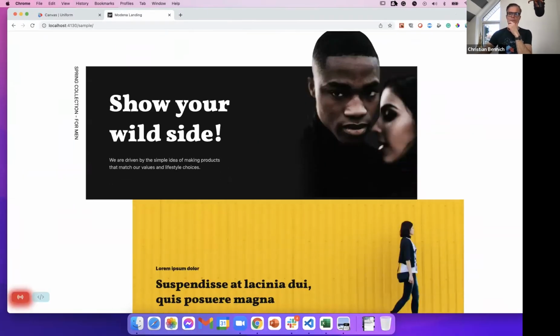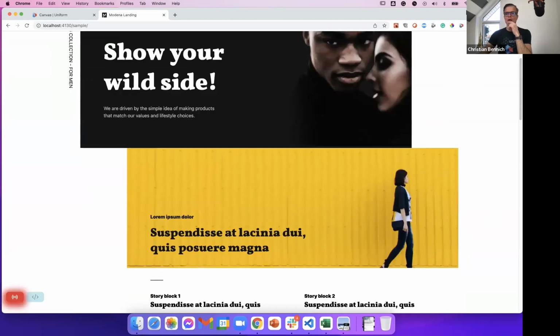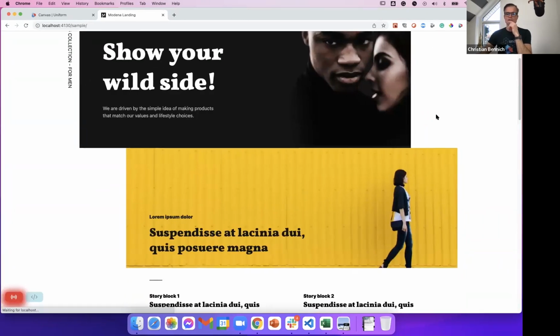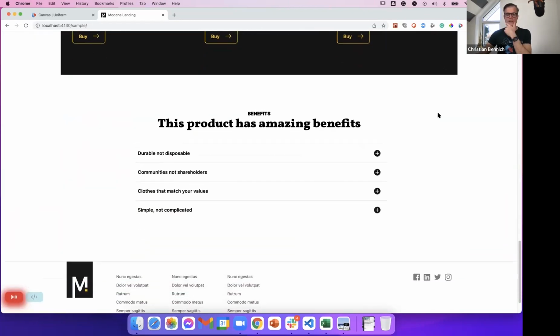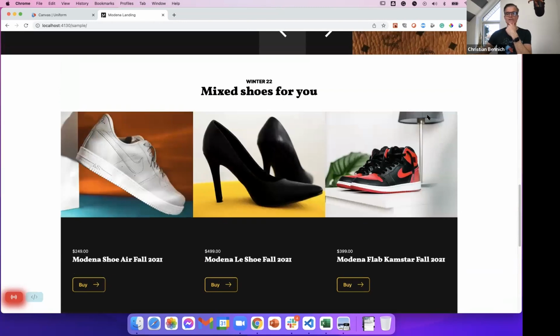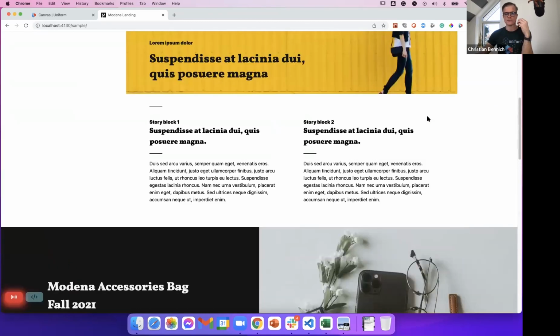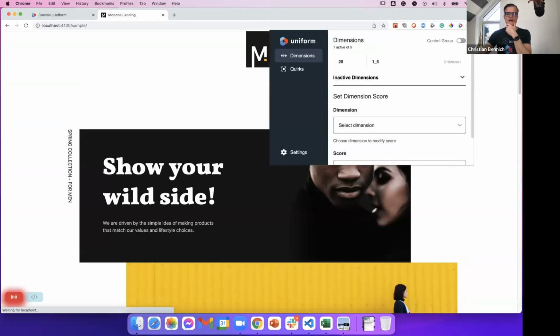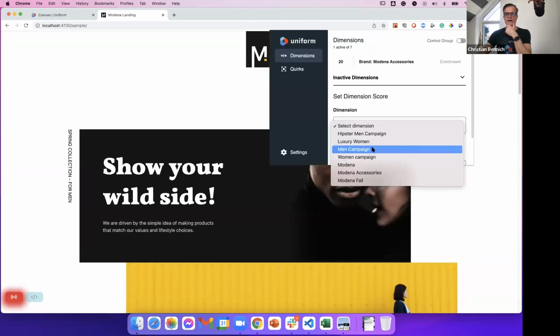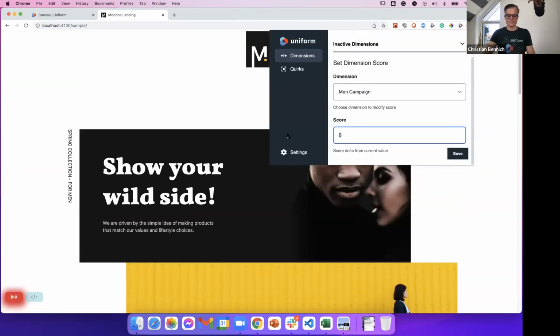The landing page here is combining content from Umbraco Headless and commerce information from BigCommerce. And it's all put together in Uniform's tool called Canvas, which is a no-code tool that allows us to easily use components that are made available to our business users and connect all of those different components to different data sources that we have added to our platform through simple integration. This is naturally personalizable. So I can go in here and say, if I was actually scored as a man,